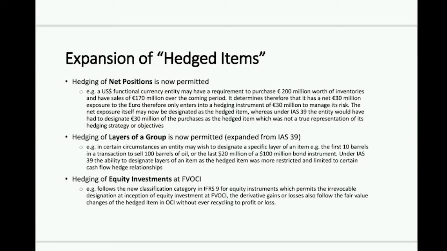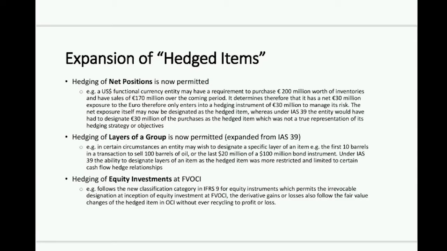So what the new accounting requirement in IFRS 9 allows you to do is to have a better and more accurate reflection of what you're doing from a risk management point of view, which is to actually hedge your net exposure rather than to have this kind of contrived 30 million exposure for just your inventory purchases. So it should also lead to closer alignment of risk practices to hedge accounting requirements.